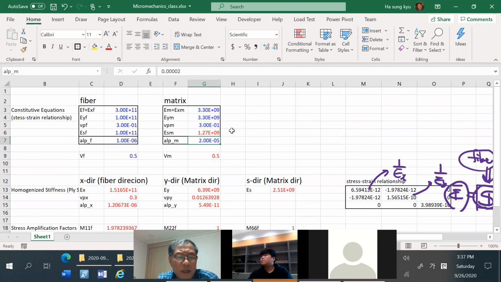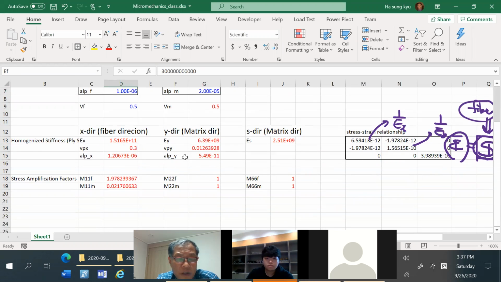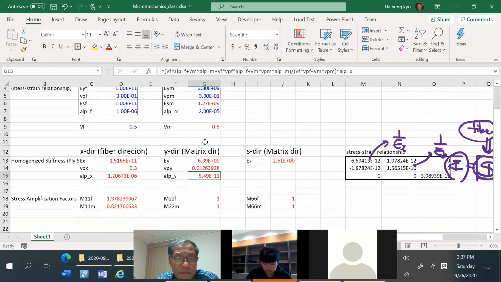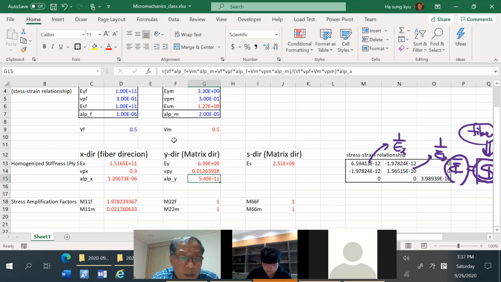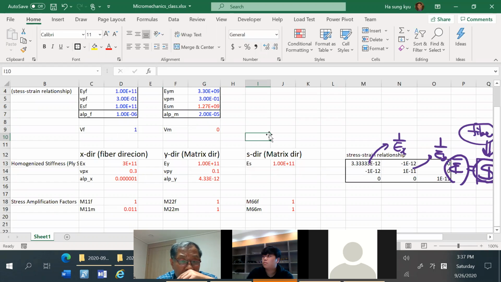So when you perform any stress analysis using the micromechanical models or equations, you need to start from these properties, fiber CTE and fiber stiffness, and the same for the resin and so on. This is the quantification you have. And as a double check, this may not be exactly the same, but you need to